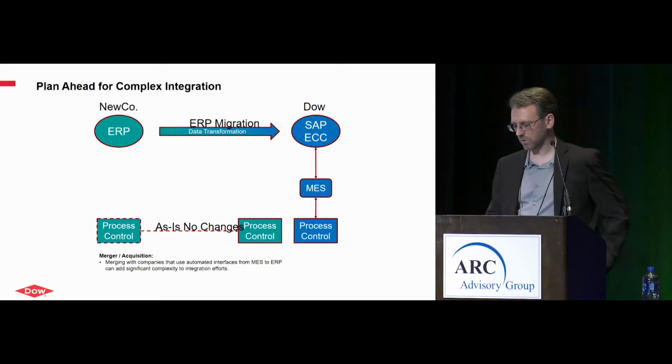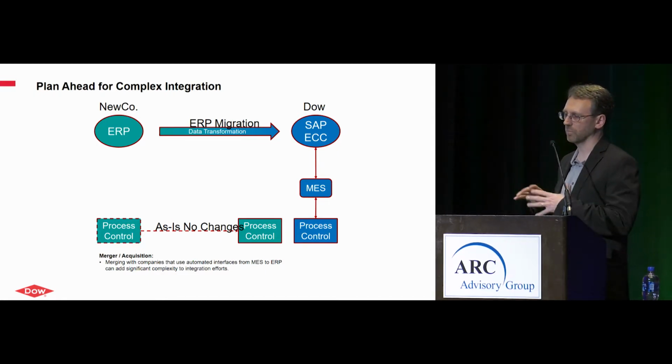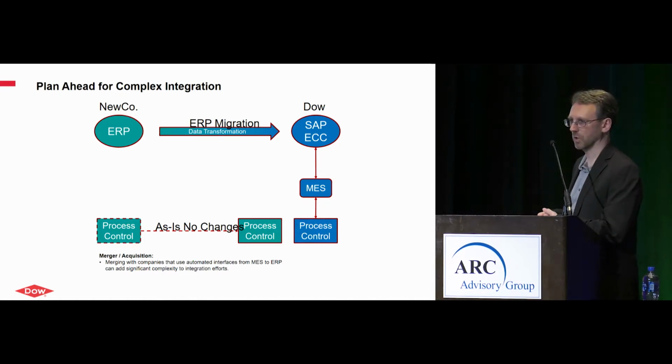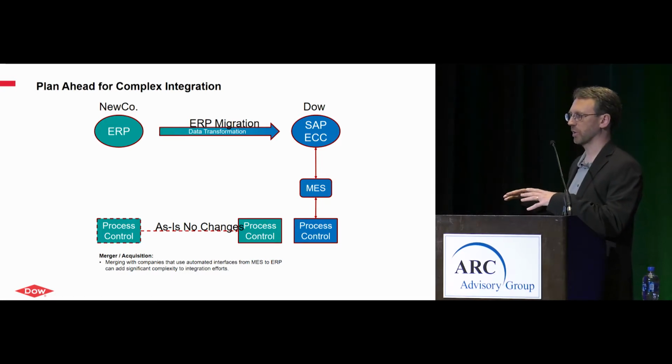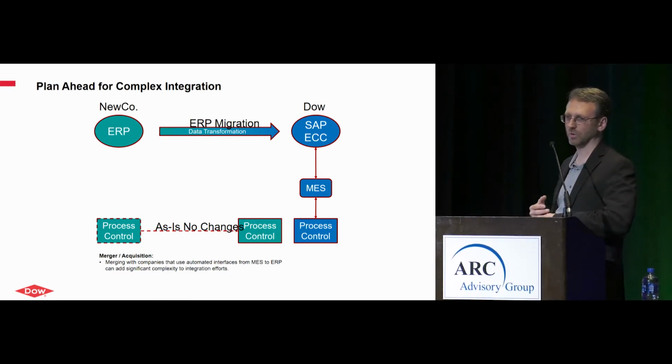When I look back at the Union Carbide and the Rohm and Haas acquisitions, those companies had less integration. They really didn't have any integration with their MES systems, and in some cases didn't have MES systems at all. So it was primarily an ERP migration, and that has its own challenges in that you've still got to harmonize business processes, and you've got to understand how all the accounting is being done and rolled up from the shop floor. There's no integration with an MES system. It's all manual, and so you have to account for that.